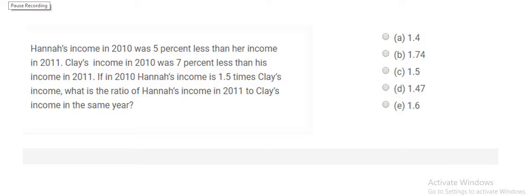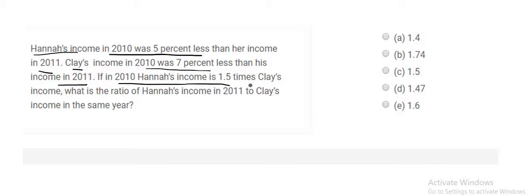Hi, we are here to solve another arithmetic problem, and it involves percentage as well. So Hannah's income in 2010 was 5% less than her income in 2011. Clay's income in 2010 was 7% less than his income in 2011. If in 2010 Hannah's income is 1.5 times Clay's income, what is the ratio of Hannah's income in 2011 to